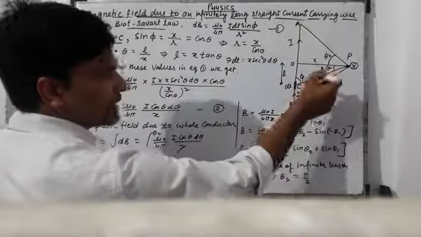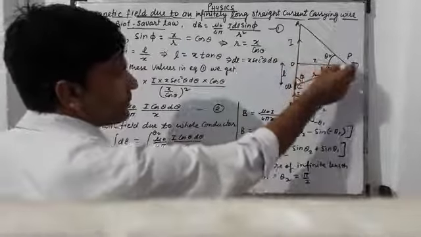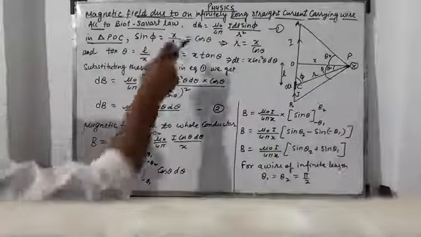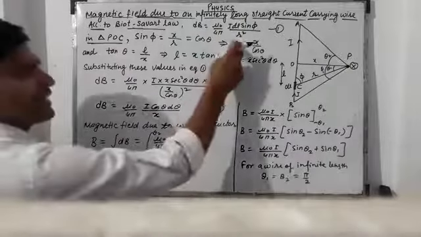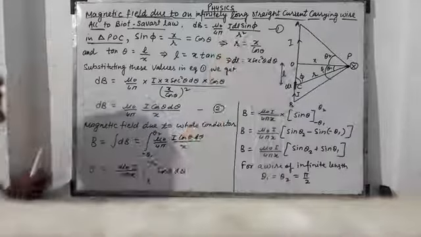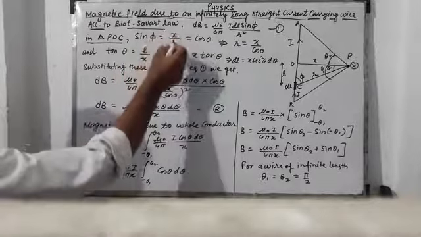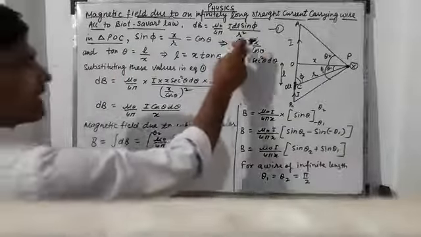But for angle theta, PO is the base and PC is the hypotenuse, so cos theta. From this, r is equal to x upon cos theta. Once again, sin phi is equal to x upon r, which is cos theta, and r is equal to